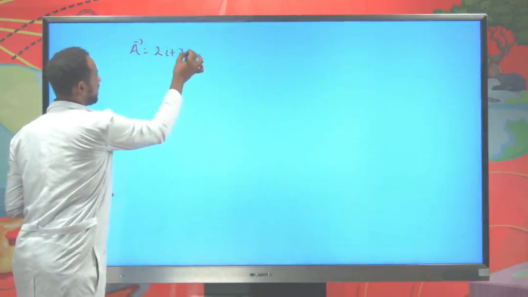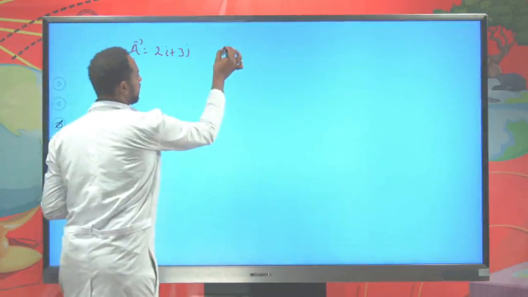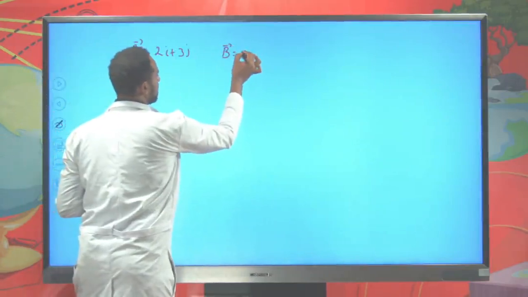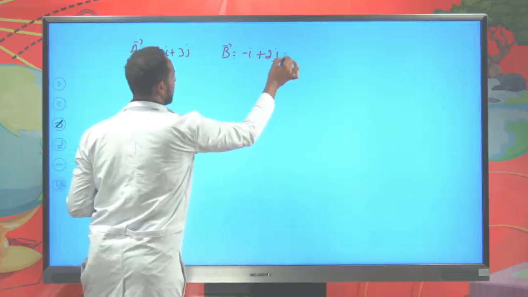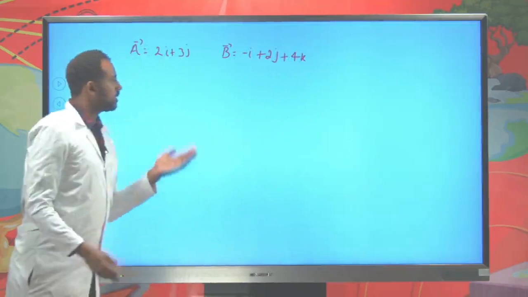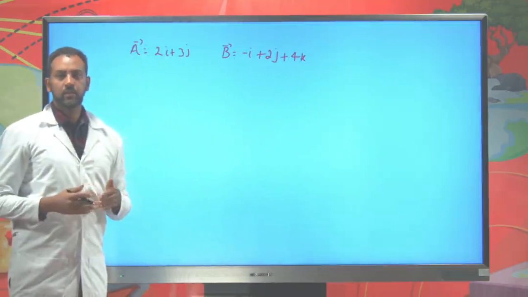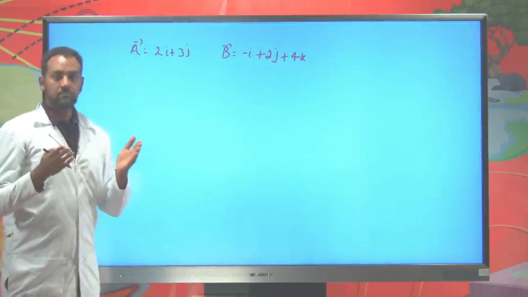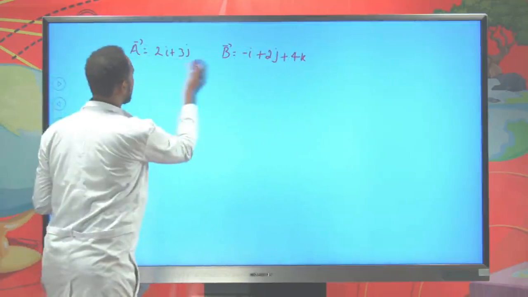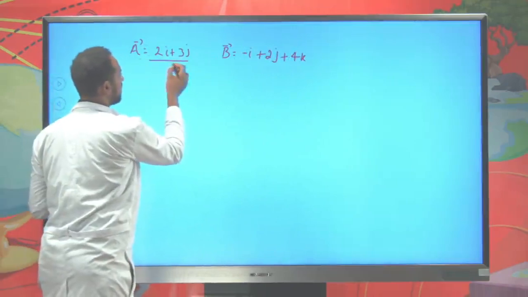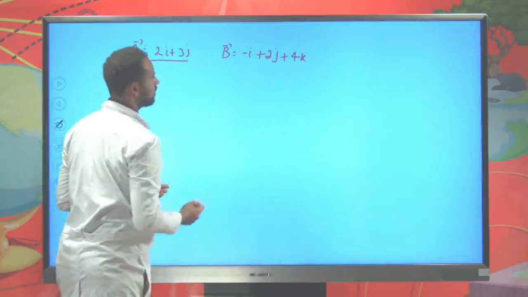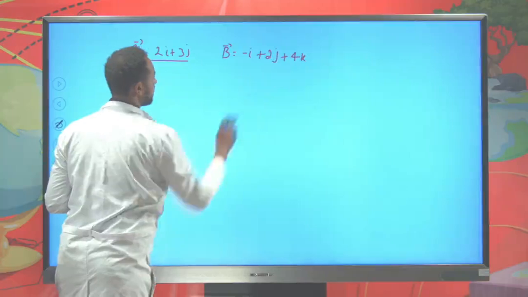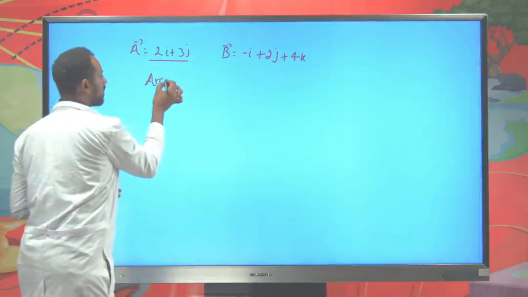Suppose that you have a parallelogram whose sides are given to be 2i plus 3j, and the other side is minus i plus 2j plus 4k. If it is given like this, what is the cross product of the two vectors? That is how we determine the area of a parallelogram. Therefore, the area of a parallelogram is